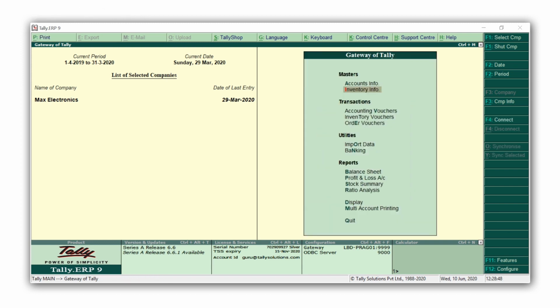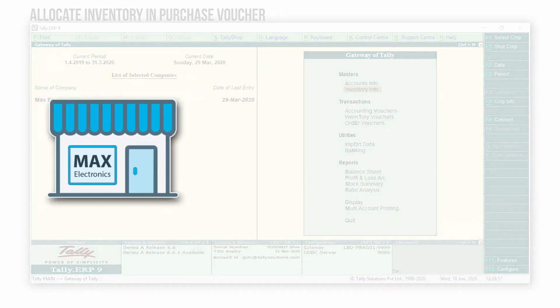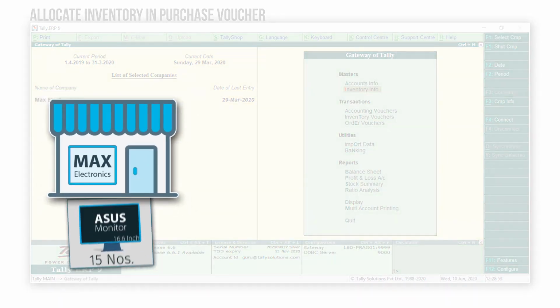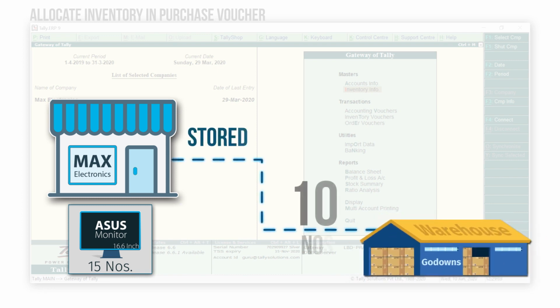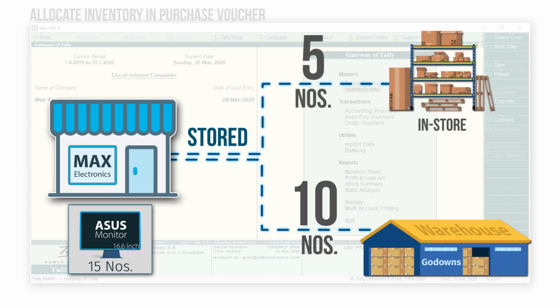Next, we will learn about how to allocate inventories to godowns in purchase and sales voucher. We'll start with the purchase voucher. Let's say that Max Electronics has purchased 15 Asus 16.6-inch monitors. Out of 15, 10 of them are stored in a warehouse and the remaining 5 in the in-store location we